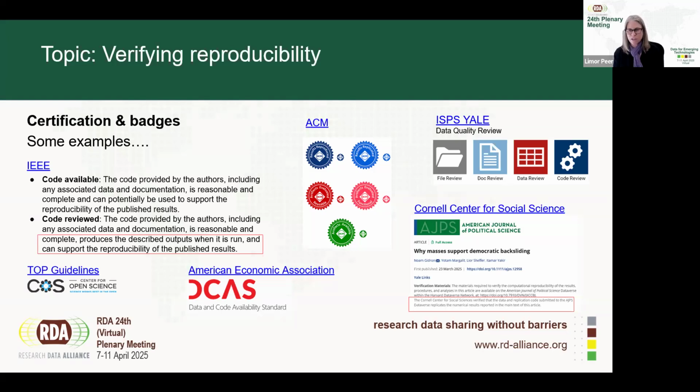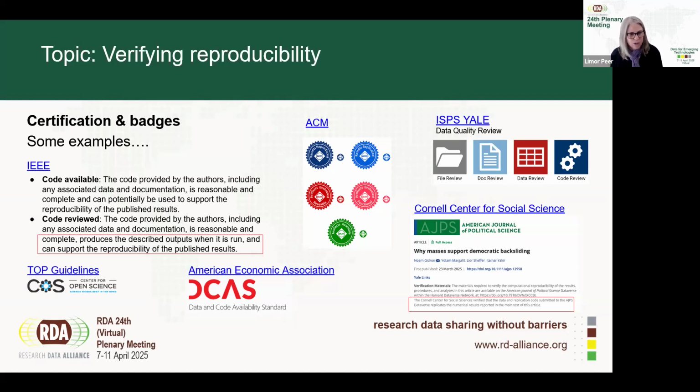So they have a data editor who assesses compliance with the policy, and they will conduct reproducibility checks before publishing any article in their journals. And finally, I just want to point out,